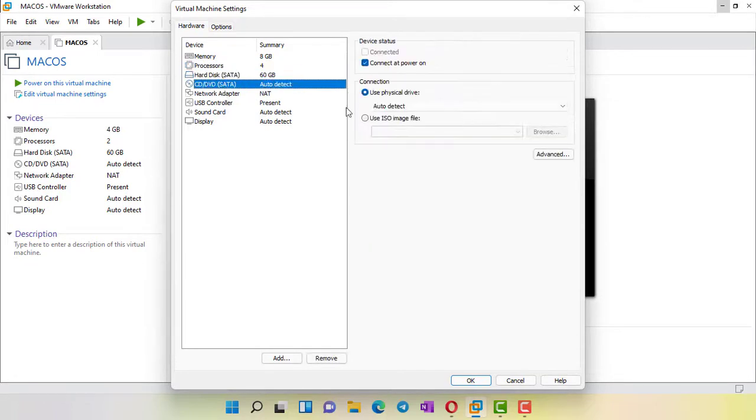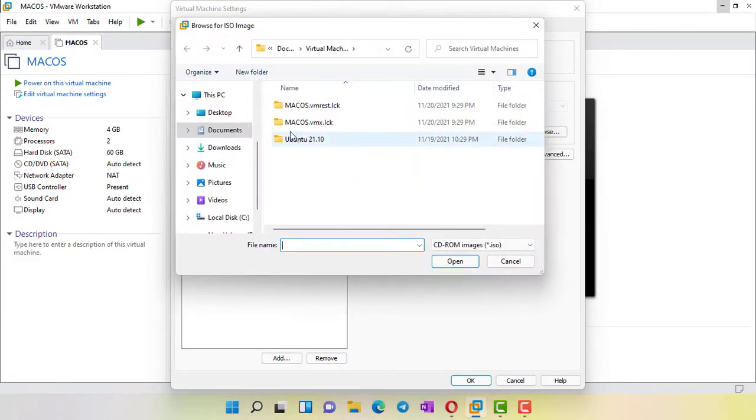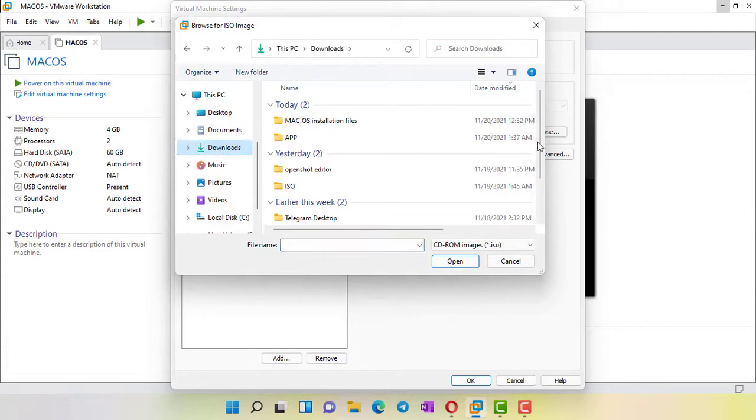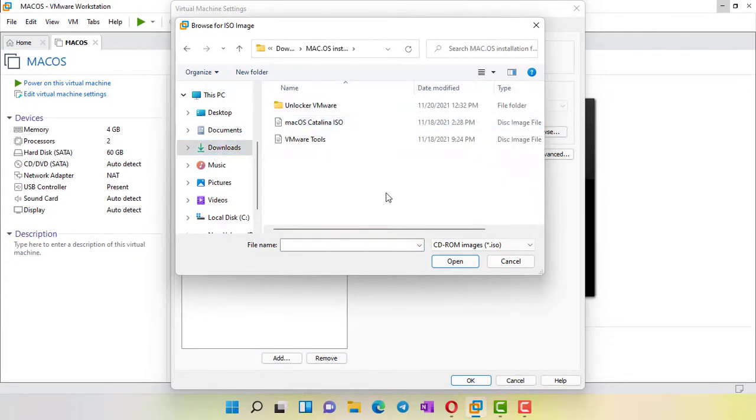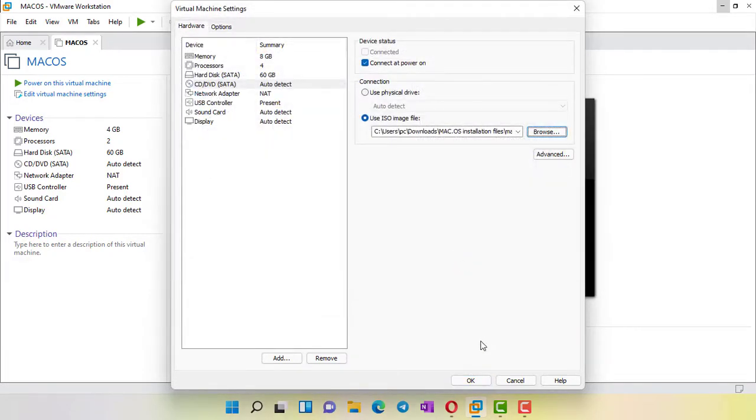In CD/DVD, click on use ISO image and browse to the ISO you have downloaded from the website. Once again, I will put the link to download the ISO file in the description of this video. So here I have the macOS Catalina ISO.